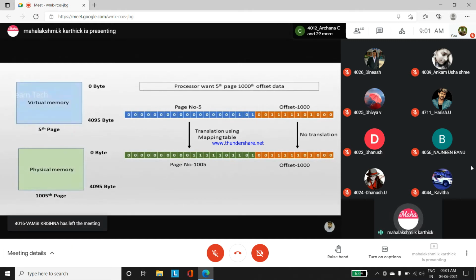You have to know how slow the secondary memory is compared to RAM. It is slow, right? If the data is in secondary memory, it is very difficult to get the data to the processor. That's why we are bringing all the data into the RAM to speed up our process.